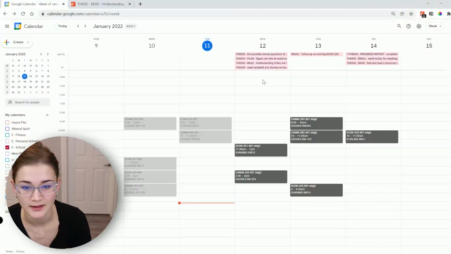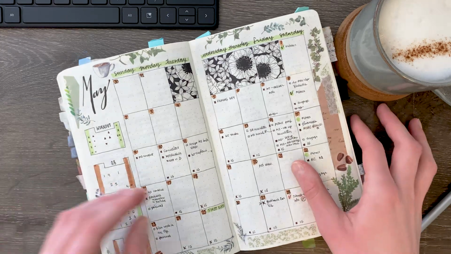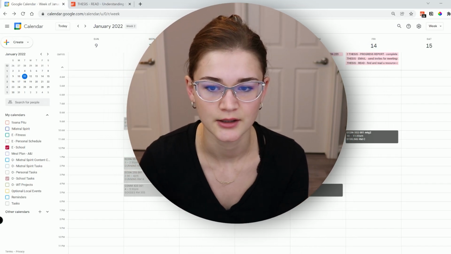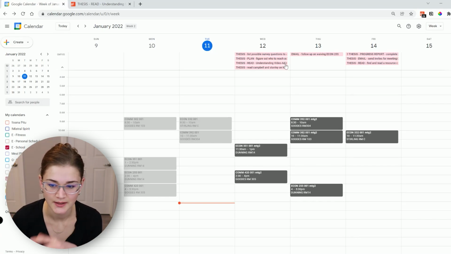If it looks like I have too many things to do on Wednesday, I can just kind of rejig them rather than rewriting them every time. And I found that with bullet journaling, I kind of had to constantly think about my priorities, whereas here I can just figure them out once, even 2-3 days ahead of time, and just know that that's what I have to do that day. For Google Calendar, the only thing I wanted to do here is put in my class